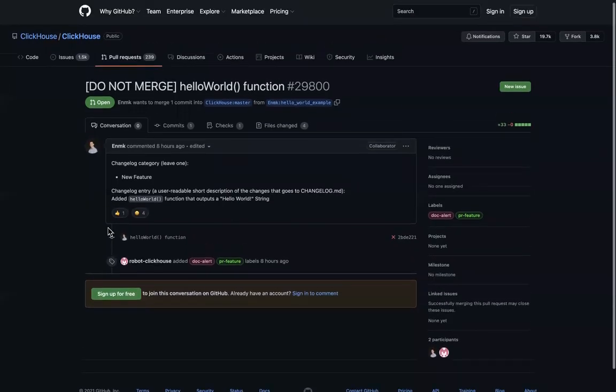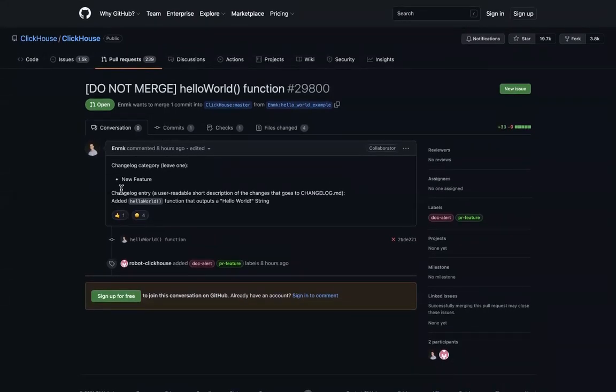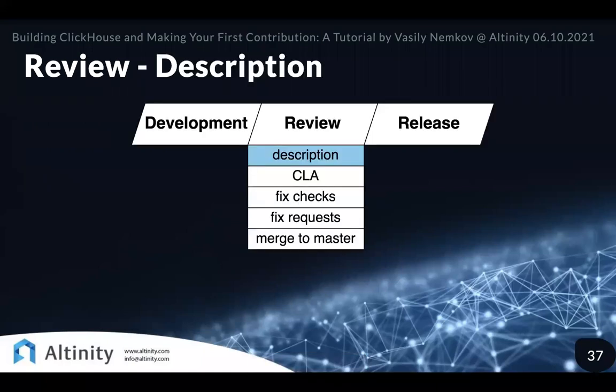As you can see, this is a simple pull request with a simple description and stuff. I will show you now what you should do in order to have your pull request